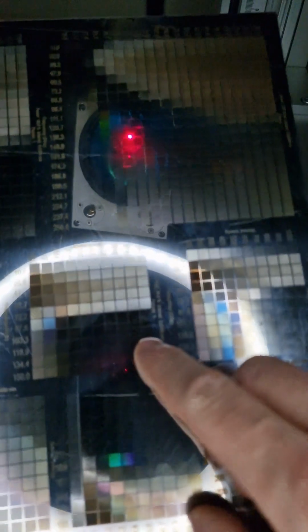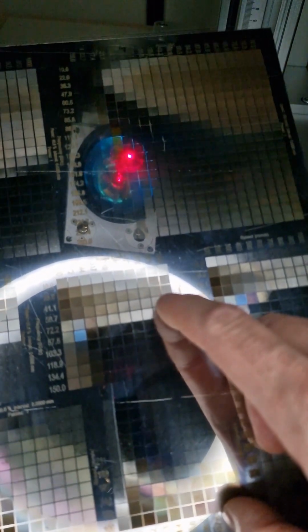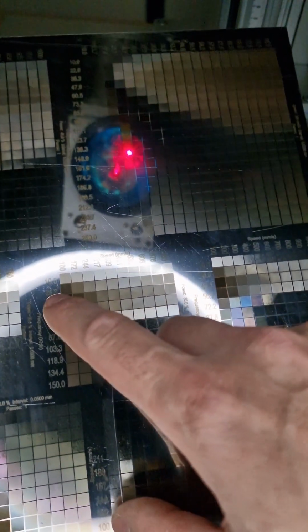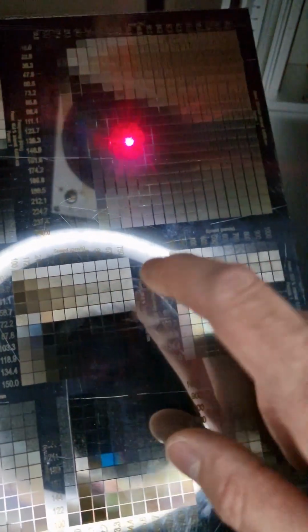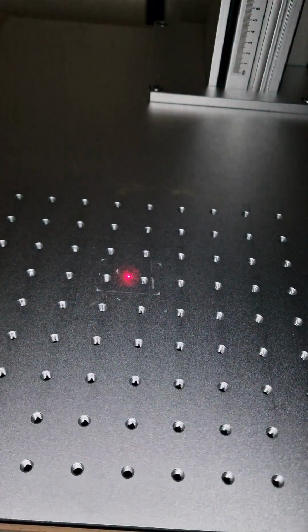But for example here, with the power of 30 and speed of, I don't know, 750 and the frequency of 25.6, I have a white layer. If I have this white layer and these settings with this lens, I know first time I'm using this before I'm printing the picture. And the brass one,